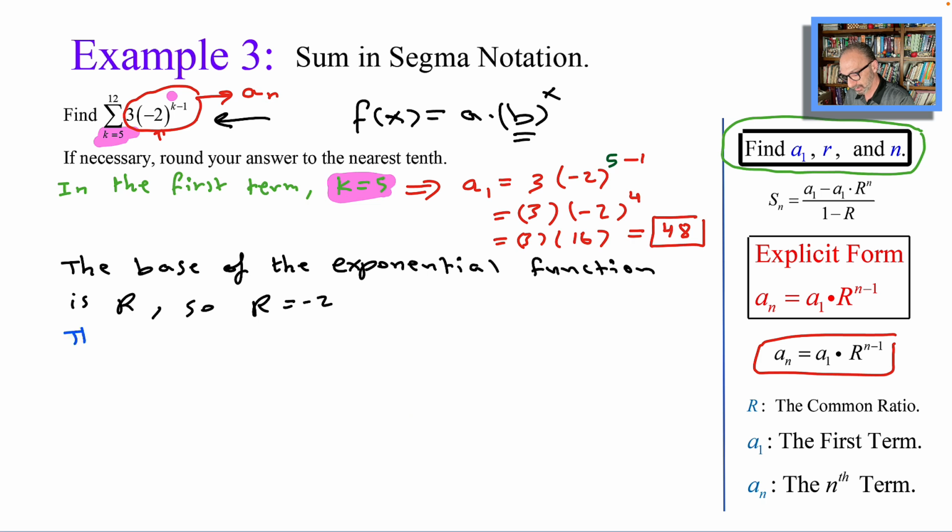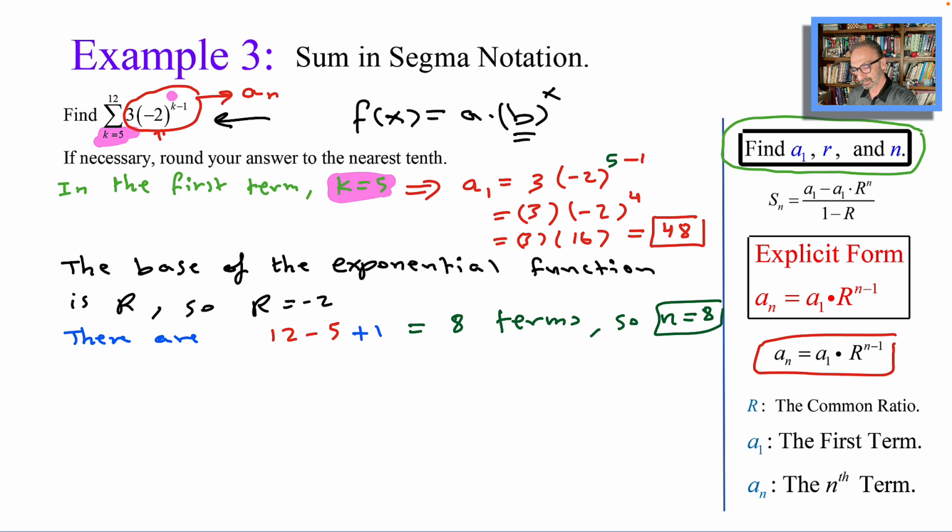Now there are 12 minus 5 plus 1, which equals 8 terms. So n equals 8. Now keep in mind that when you look for the number of terms n, you need